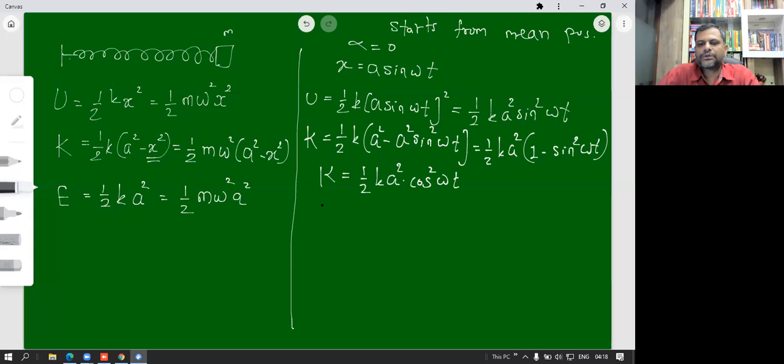And also the total energy, how can we get that? The total energy can be obtained to be simply equal to E is equal to half k a square, as it is already there. Okay, we cannot express it in the form of time because time is not in this formula at all. And this total energy is not time dependent, it is independent of time. Therefore here E has come in place of half k a square. Now if we put E in place of half k a square,